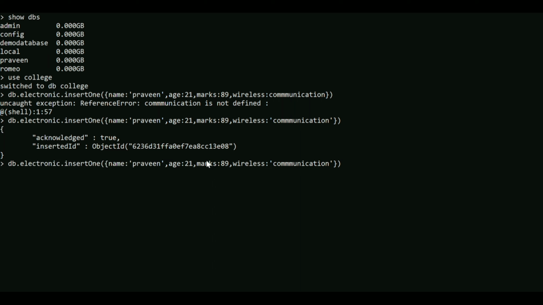If you want to use your shell, you have to remove mongodb.exe, and without mongo.exe you have to enter it, and then it will be created. Here it returns acknowledged true and an inserted id, an ObjectId, which means your record was inserted successfully without any problem. Now I will create my next value in the table. Now watch the inserted id, this is an object id, don't worry about that, just focus on my video.